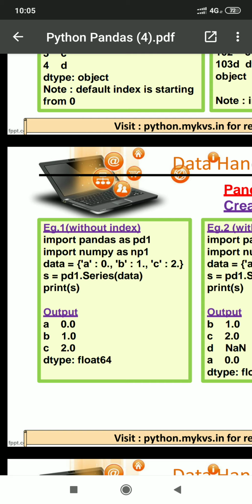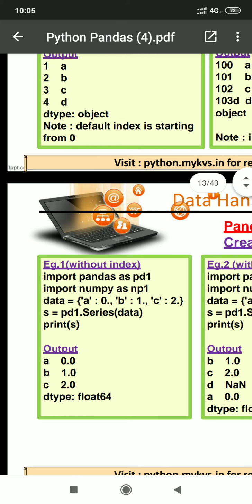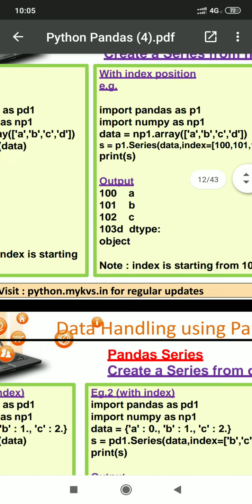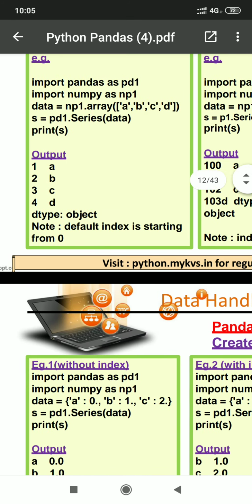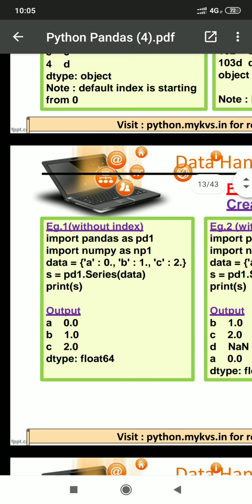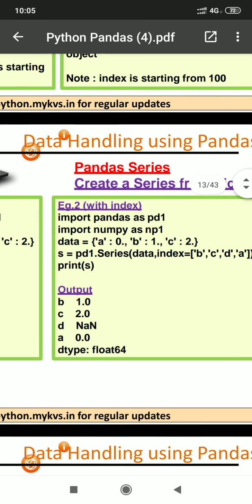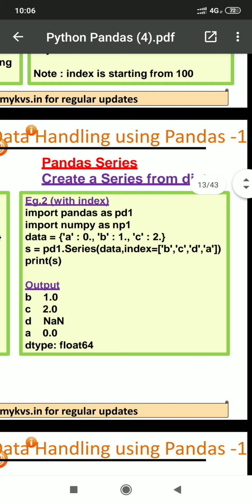It will display 0 1 2 with a b c as key values. These keys are converted into index. So indexing can be with string values also.